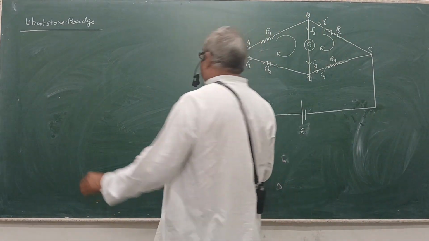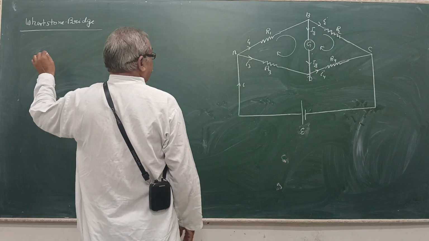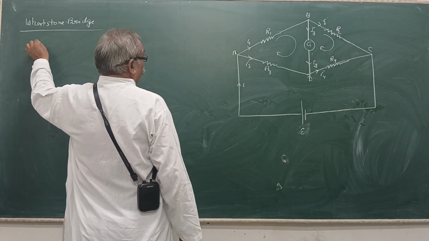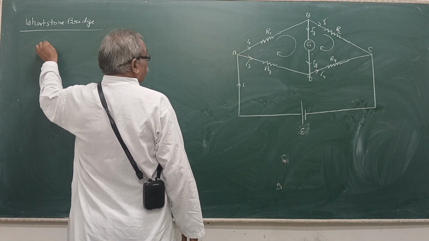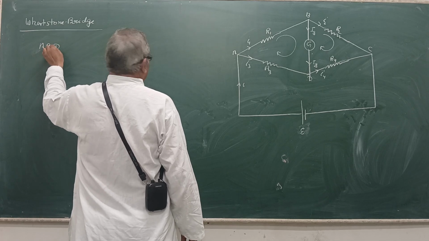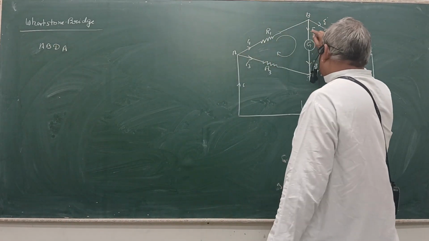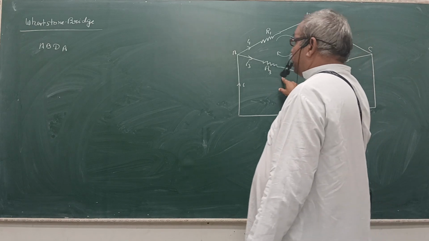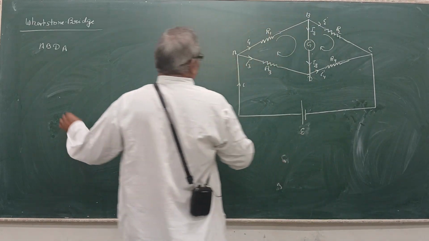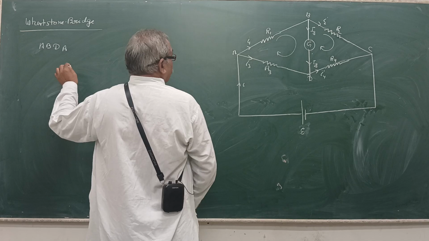In case of the flow of the electric current, the path A, B, D, A is the direction of the current flow. In junction B,